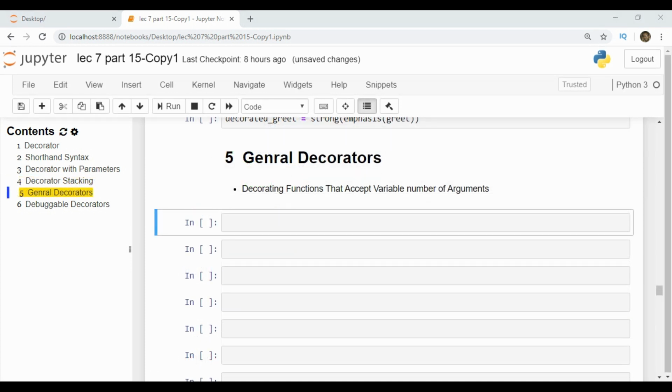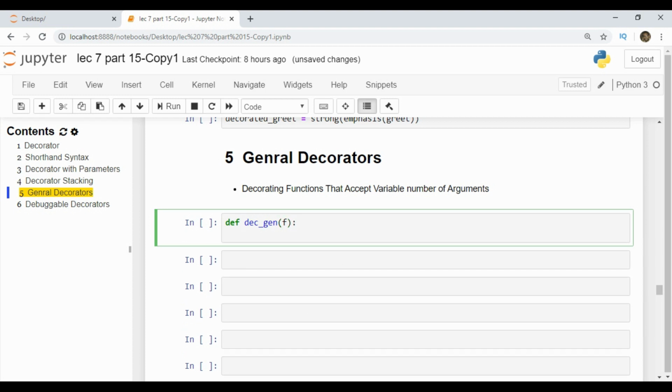General decorators are decorators which accept a variable number of positional arguments or a variable number of keyword arguments. We define one such decorator, def dec_gen, for general decorator, which will accept a function which is to be modified as an input parameter.